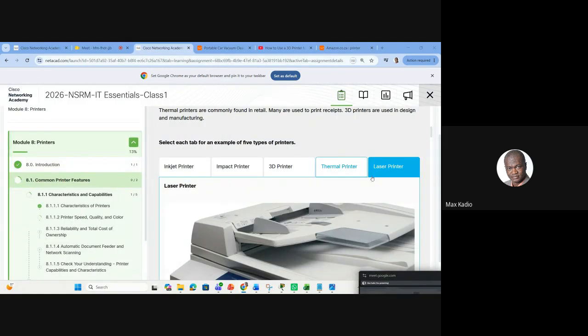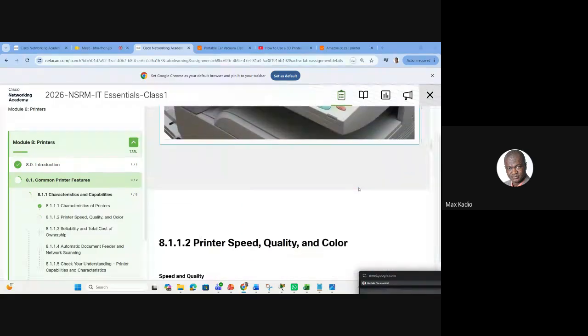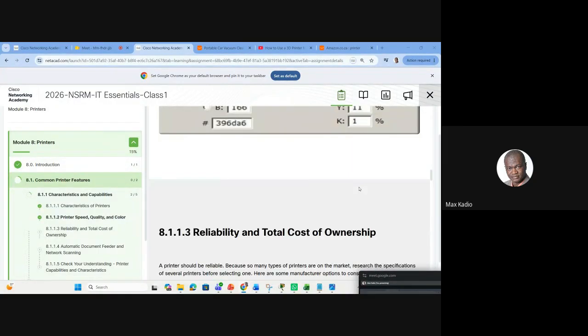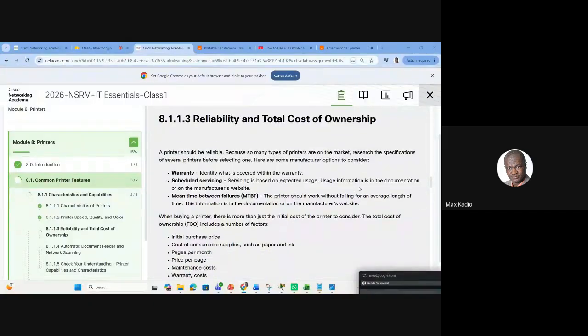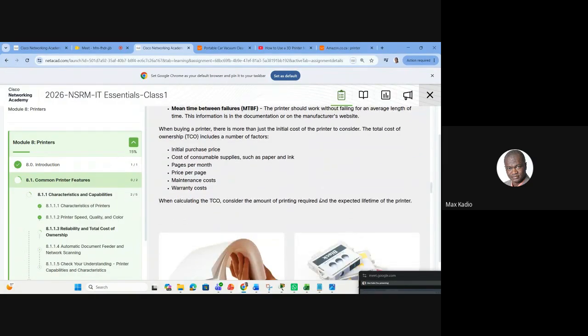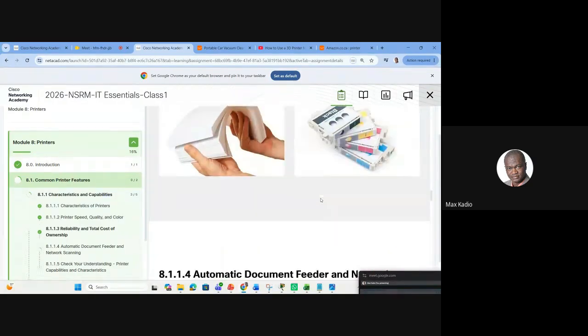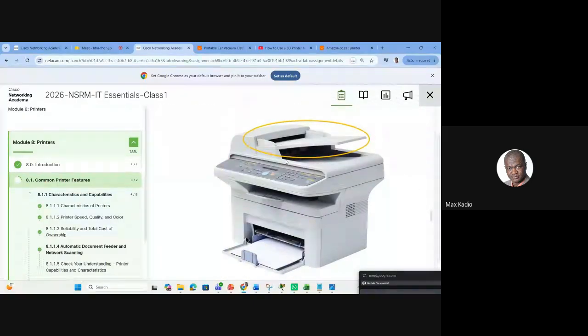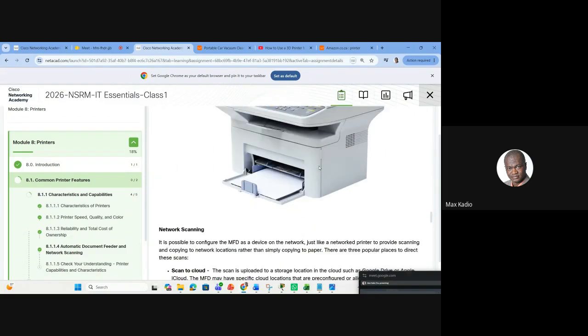So the most popular is the laser printer, and it's cheaper. Here there is nothing special to know. When you purchase a printer, it comes with a warranty, maybe 1 year, 2 years, or 3 years. It depends on your budget. We have all printed something one day. You put your paper, you print. There is nothing special here.